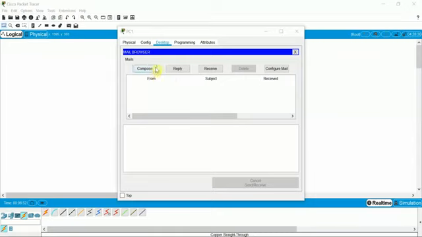Now you can compose the mail that we need to send to PC0.